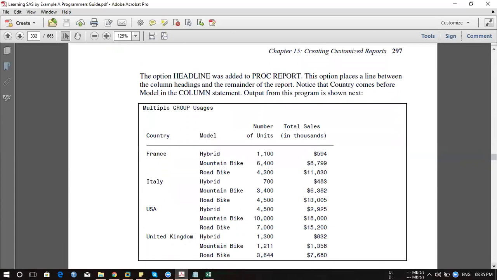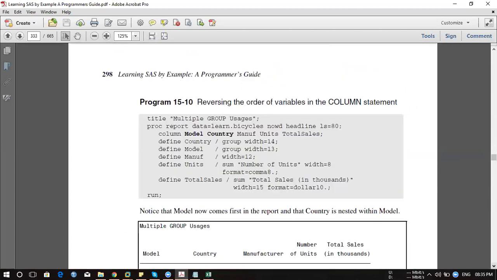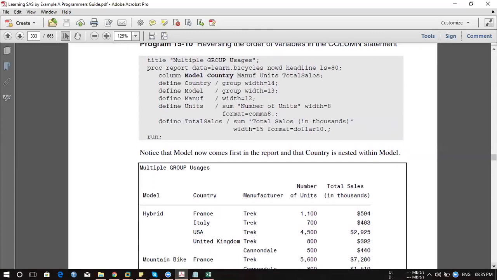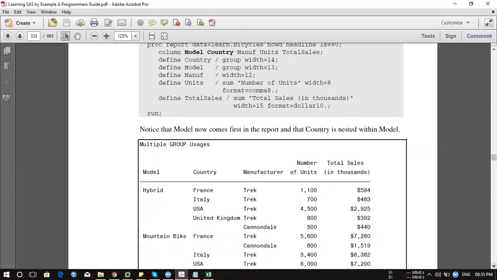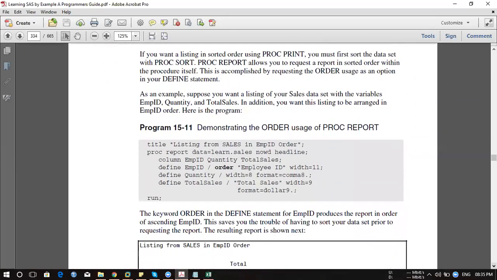Now below, if you look, got it. Now I'm trying to change the sequence. So earlier there was a country, now model. Based on model, if you wanted to check the performance, how can we do it? You can convert it back. Getting it? Yeah. So this will make the sample which you showed me very easy. If you apply proxy, there's no problem. Now same thing we are applying.